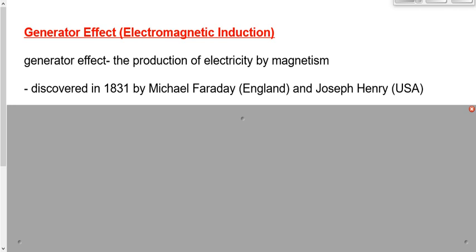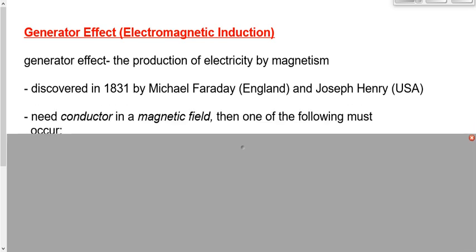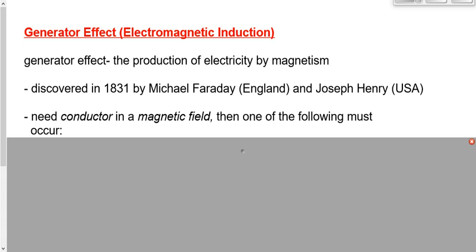Now, with Ørsted's discovery, there were no conditions attached. Whenever we had moving electrons, we would always generate a magnetic field. With Faraday/Henry's discovery, there were conditions associated with it. We didn't always get an electric current from a magnetic field. We had to have, in order for this to take place, two things. We needed to have a conductor, or a wire, and a magnetic field. And in order for this electric current to be generated by this magnetic field,